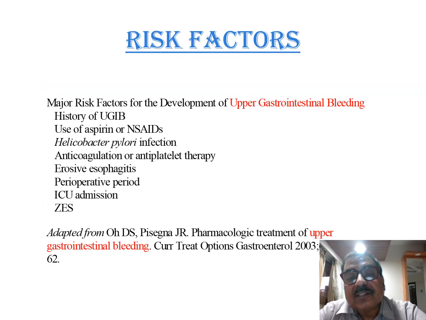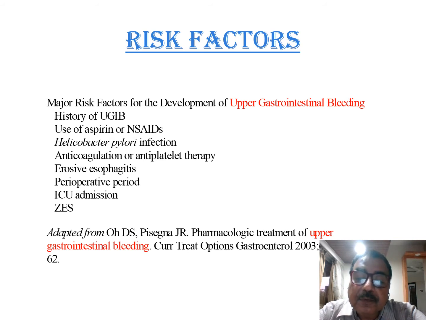What are the risk factors? This is very important to remember, the risk factors for the development of upper GI bleeding, because world authorities now accept that upper GI hemorrhage to a great extent is iatrogenic, meaning you and me cause it. So that is why there is enough evidence and emphasis which says that there is a history of upper GI bleeding, history of aspirin use, the people with H. pylori infection, particularly in the poor subset group who are not using UV irradiated water,